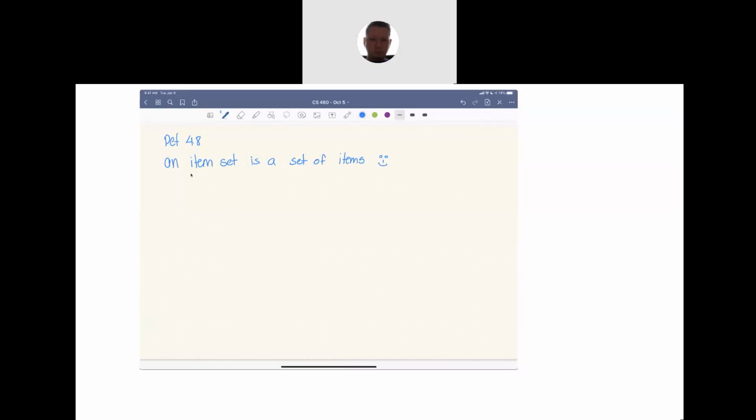Now, what I want to do now is define an NFA, because we all know that making NFAs is a lot easier than making DFAs. So we'll go on to the next page because we need all the space we can get. So we'll do definition 4.9. And what we're going to do is a